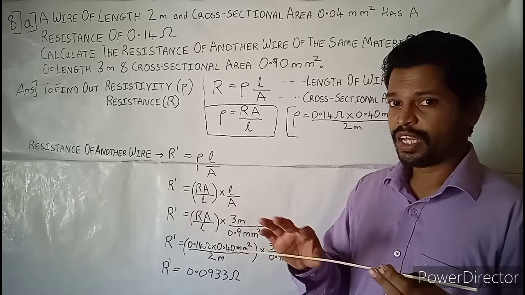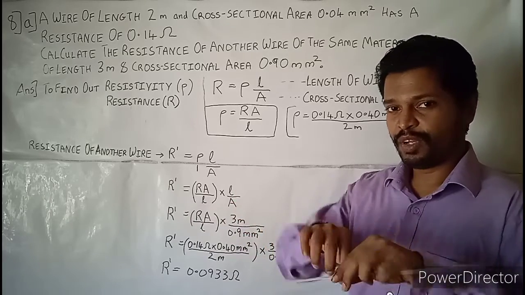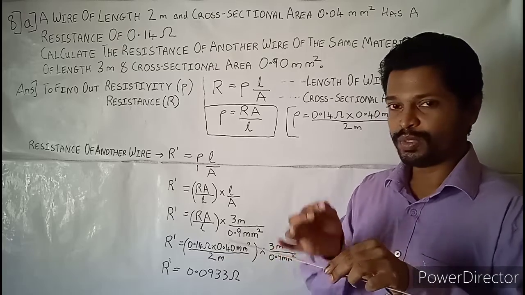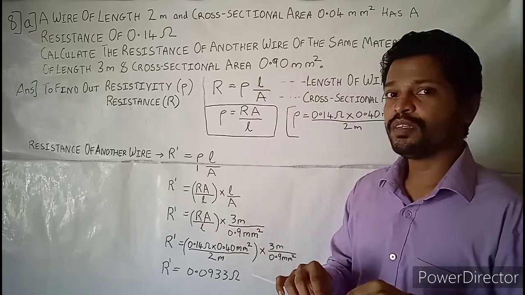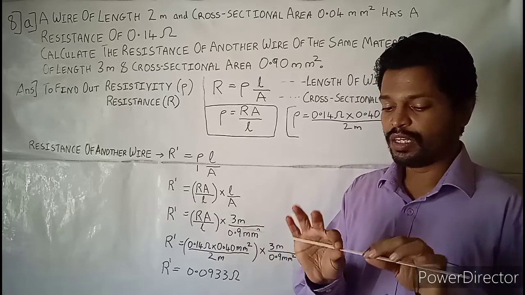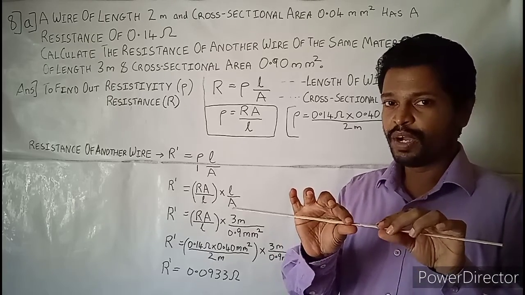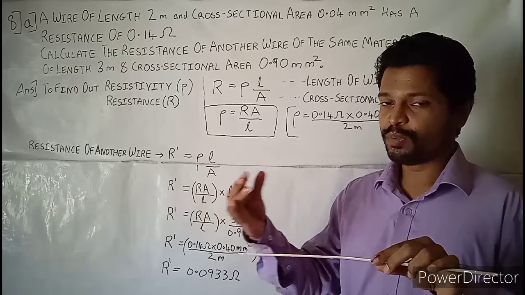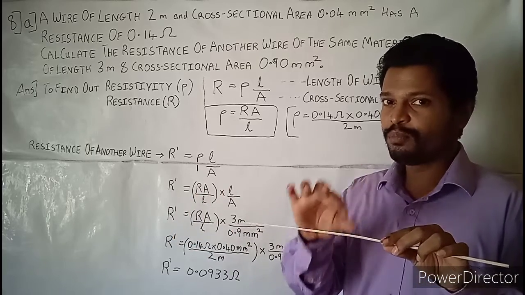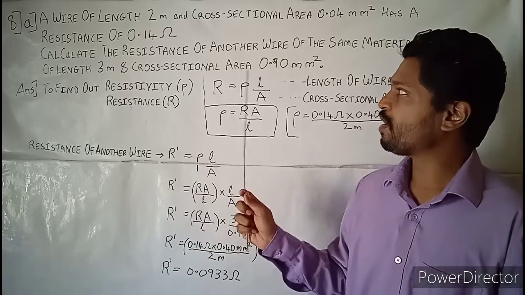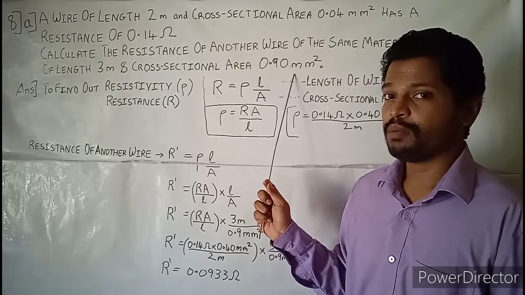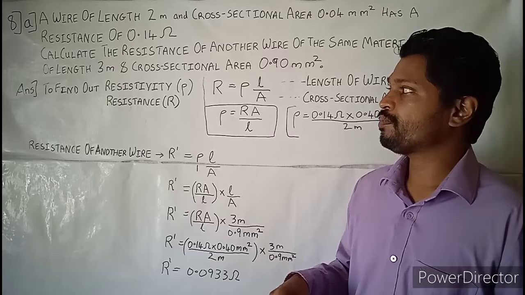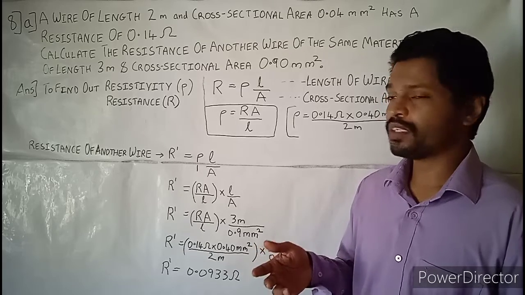And for the cross section area, we have to break that wire and you will be seeing the cross section area. This is 0.09 millimeter square. So compared to this wire, the new wire which we will be taking will have more width. That is why it is 0.09 millimeter square. Okay, so we have to find certain things.